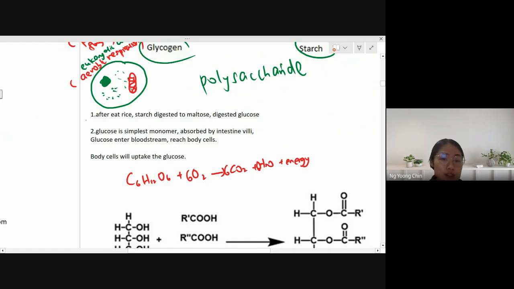You can imagine that this is the cell. The glucose from the bloodstream, this 6-carbon molecule, will get into the cell. It will be taken up by the mitochondria in the cell. The mitochondria are able to break down the glucose to release energy. So the purpose of taking up the glucose is to break down the glucose to release energy. Oh, sorry, this is their end.